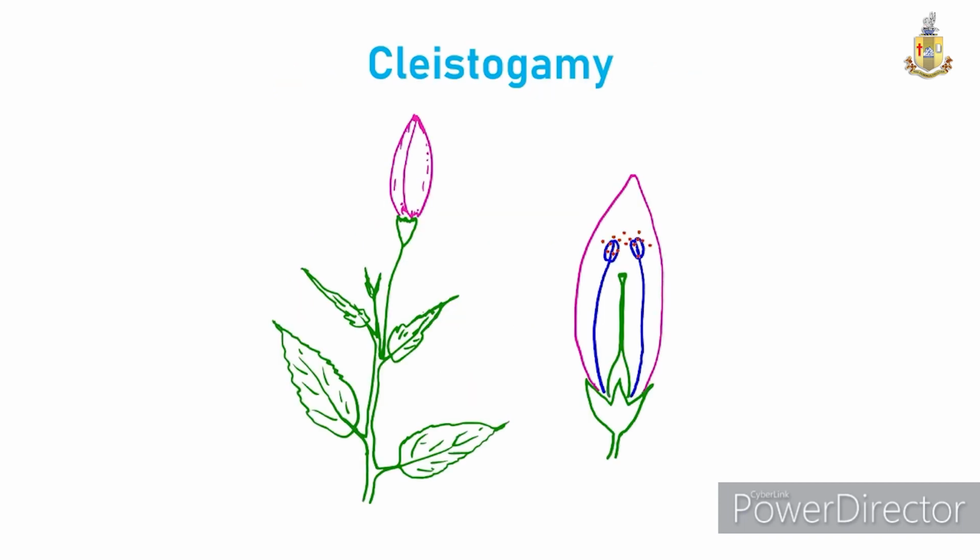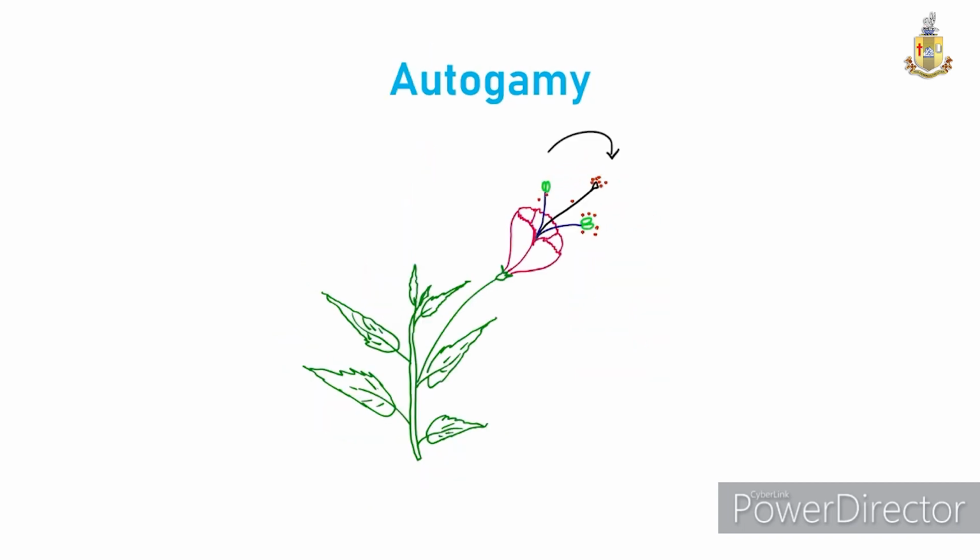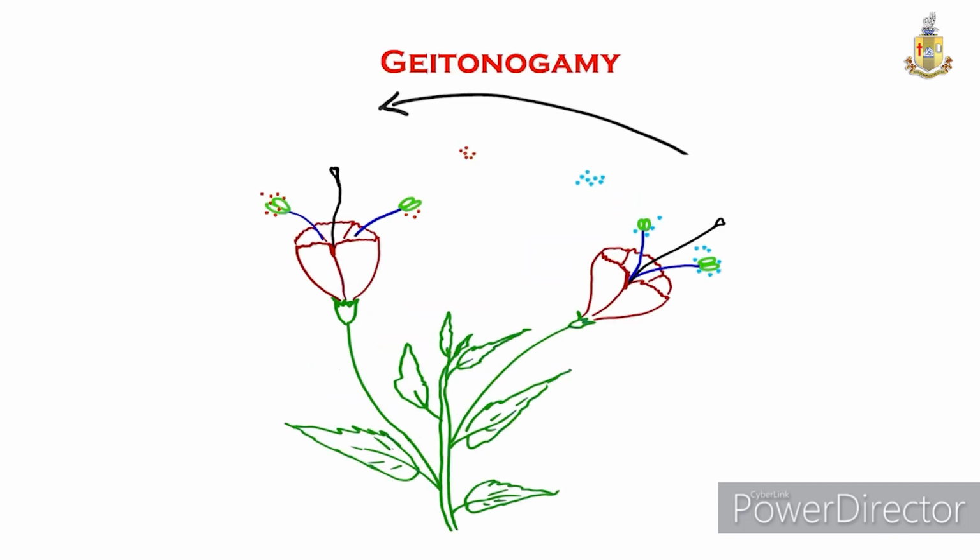Cleistogamy, where the pollen grains transfer from anther to the stigma inside a closed flower. The second one is autogamy. Here, the pollen grains are transferred from anther to the stigma of the same flower in the same individual. The third one is geitonogamy. In this type, the pollen grains transfer from the anther of one flower to the stigma of another flower in the